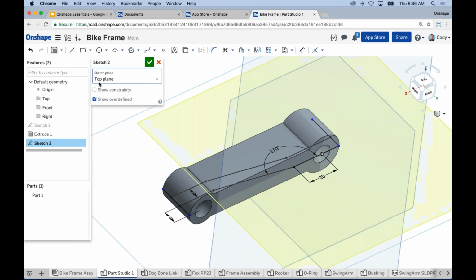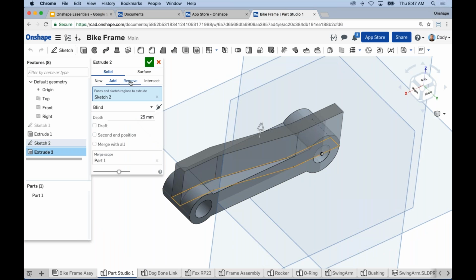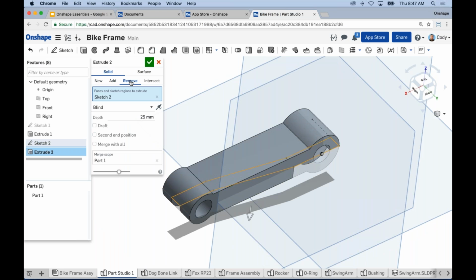We don't have a separate button for cut. I think that's one of the commonly asked questions. Where's extrude cut? Where's sweep cut? Where's loft cut? All of these are options within their individual dialogues, right? So if I go to the extrude command, there's an option for remove, and that will give me a cut,